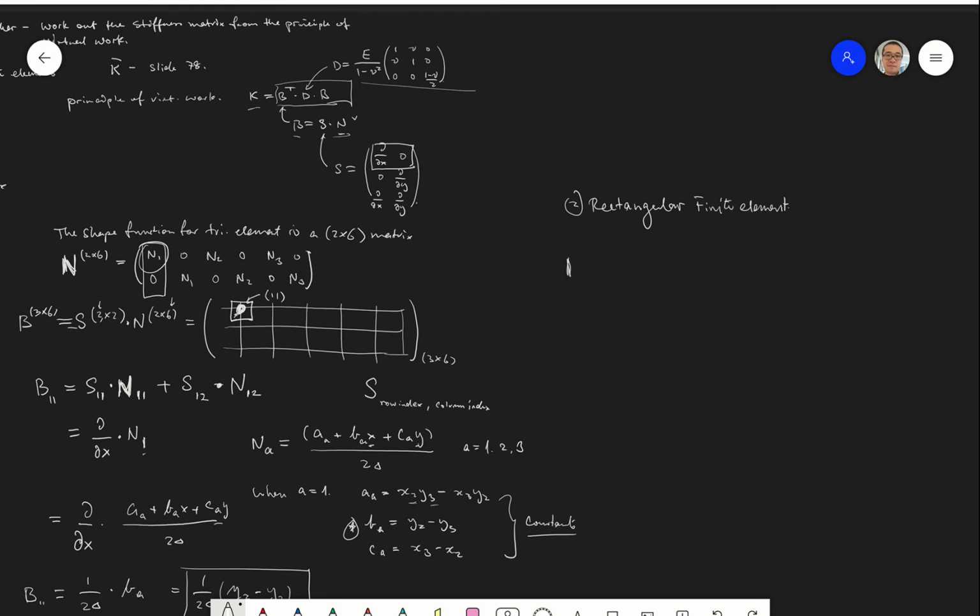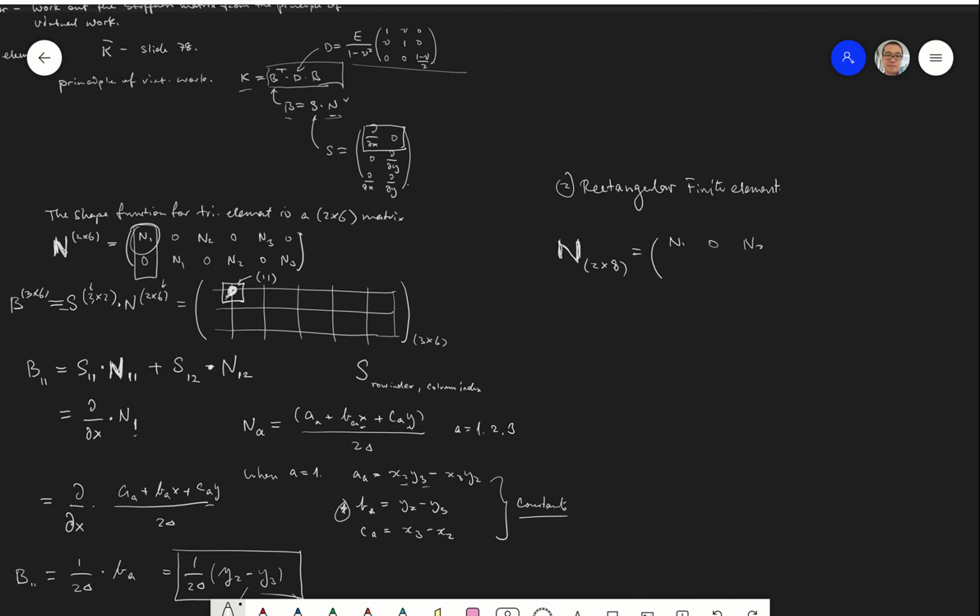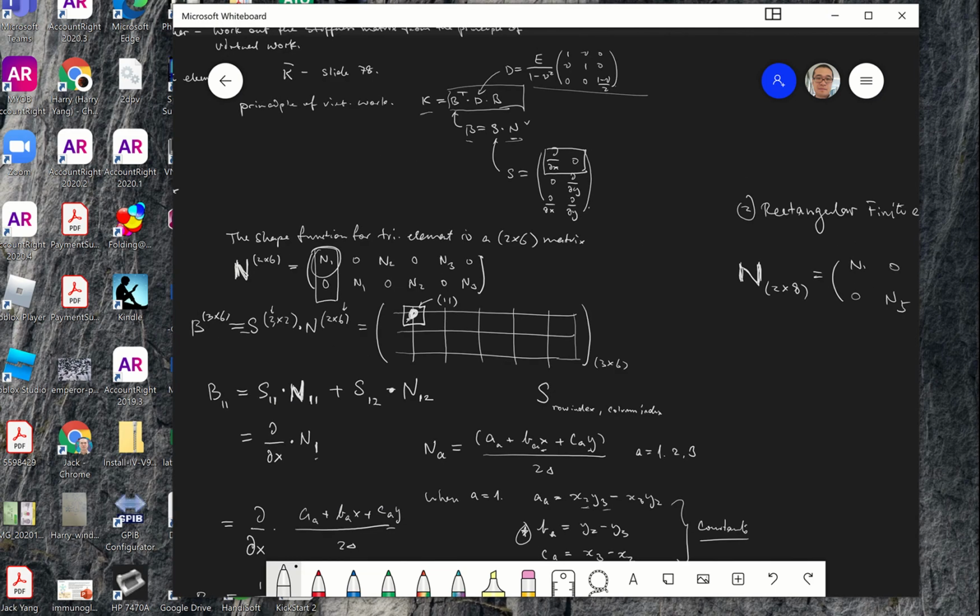In this case, the N shape matrix is a 2 by 8 matrix that we worked out before. So we have something that looks like N1, 0, N2, 0, N3, 0, N4, 0, and then 0, N1, 0, N2, 0, N3, 0, N4. We have the expression for each of the terms worked out in the previous few slides. So let's actually